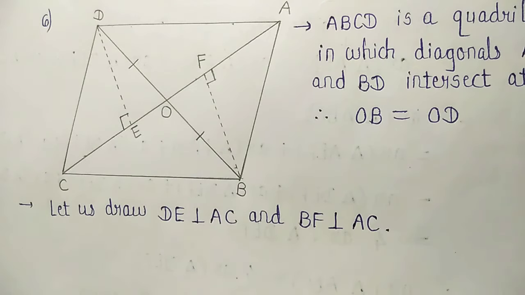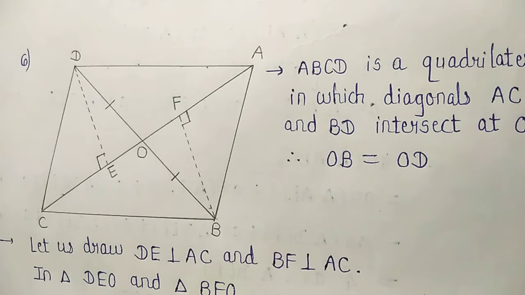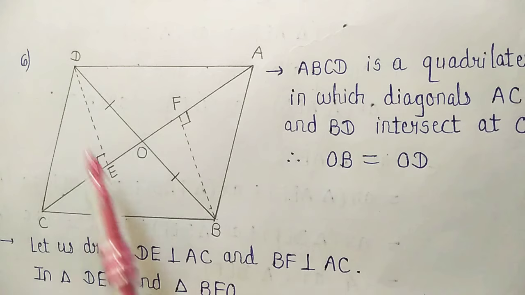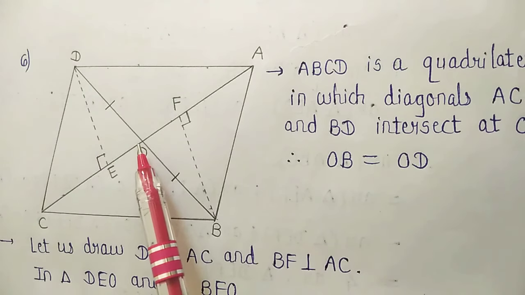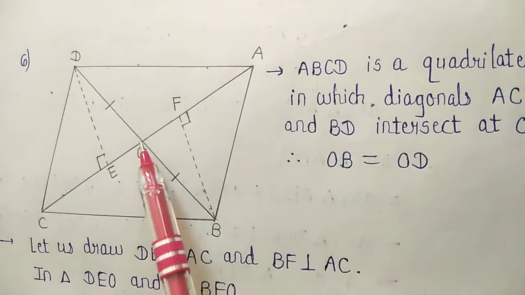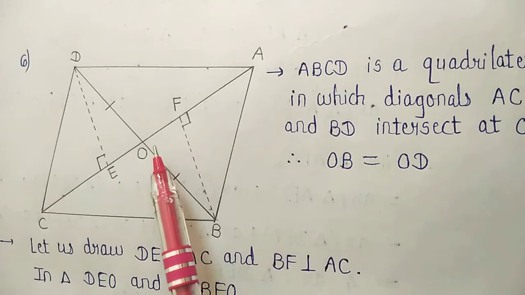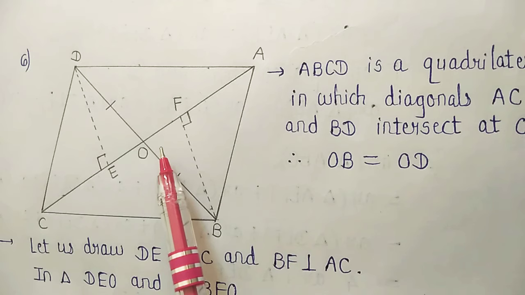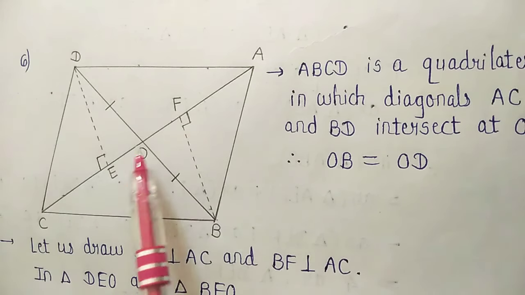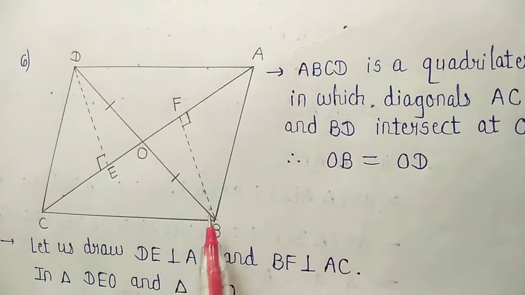that we have to prove. So for proving it, first of all, we'll consider two triangles. Look at the figure. We'll consider triangle DEO and triangle BFO. These two small triangles we'll consider and we'll prove congruency between the two. Let us start. We have OD is equal to OB. It is given, right? Now, we have angle